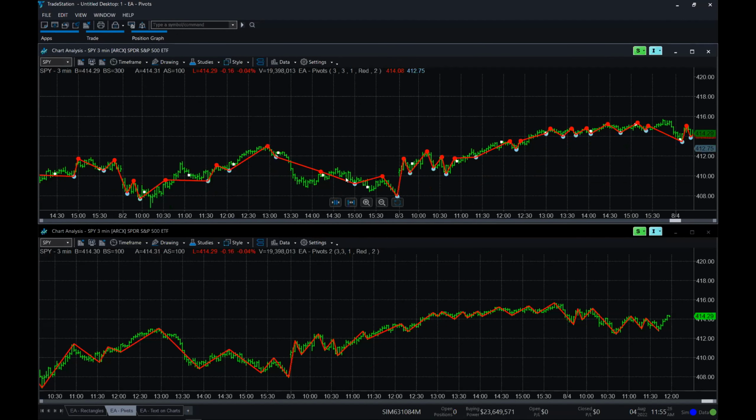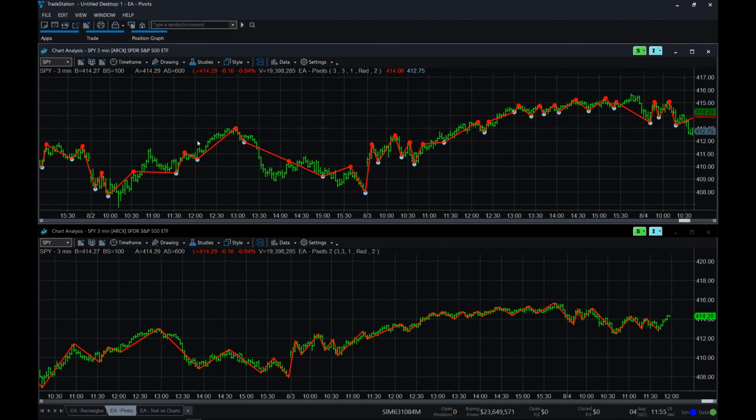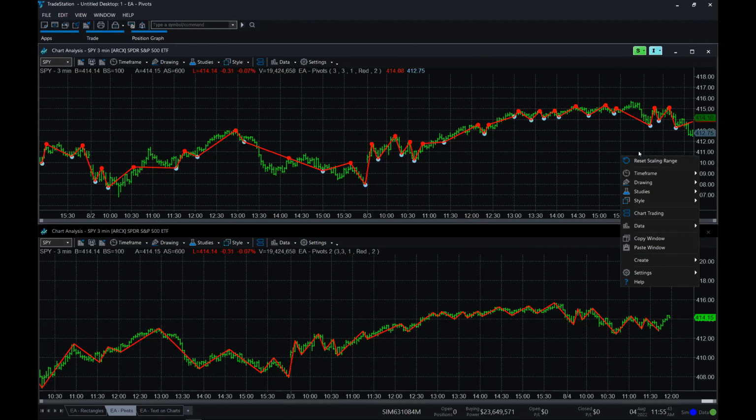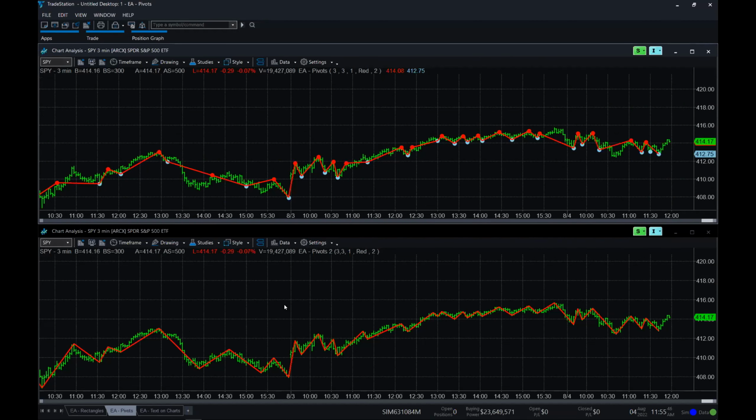So what I ended up doing was I said, okay, well, let's solve this first problem of we're going to force a high pivot to be above the preceding low pivot. So let me reset the scaling here. So now we're back aligned to the chart below here. So in this area here, you see in this new one, I changed it so that it ignores this pivot here, this guy, because this high pivot is lower than the low pivot.